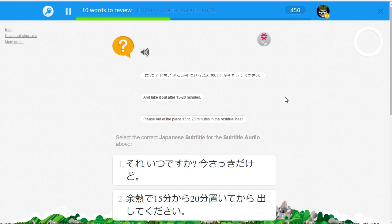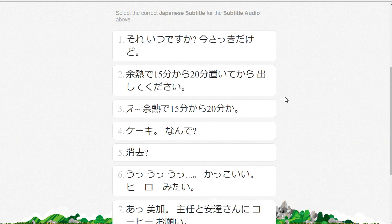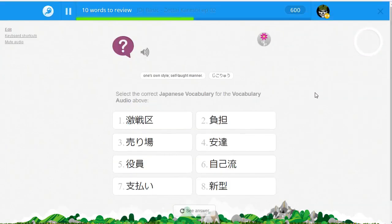Sorry. 余熱で15分から20分置いてから出してください。すぐ戻りますから。余熱で15分から20分置いてから。余熱で15分から20分置いてから出してください。余熱で15分から20分置いて20分置いてから出してください。余熱で15分から20分置いてから出してください。すぐ戻りますから。置いてから出してください。15分から20分置いて出してからください。自己流